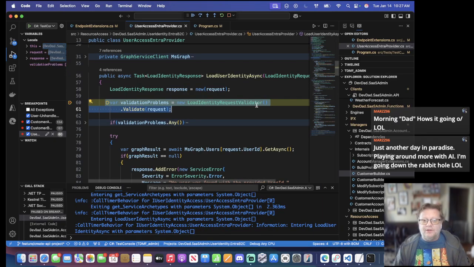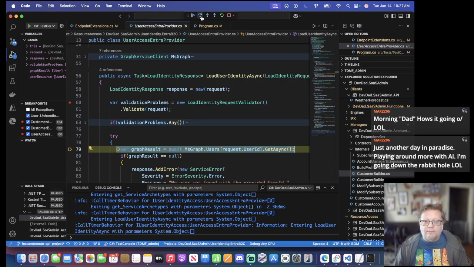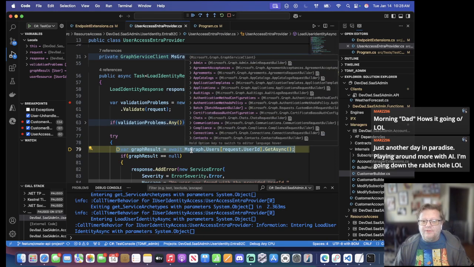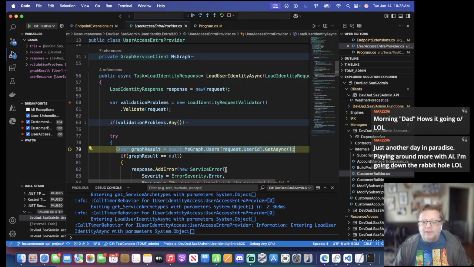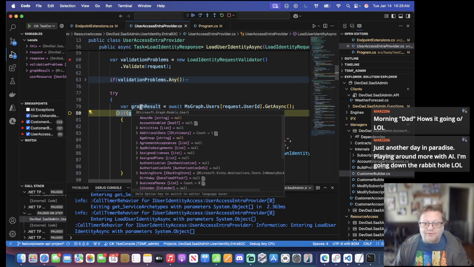All right, we're inside load user identity async. Validate that request. No problems. And MS Graph, blah, blah, blah, blah, blah. Request user ID. Graph result is